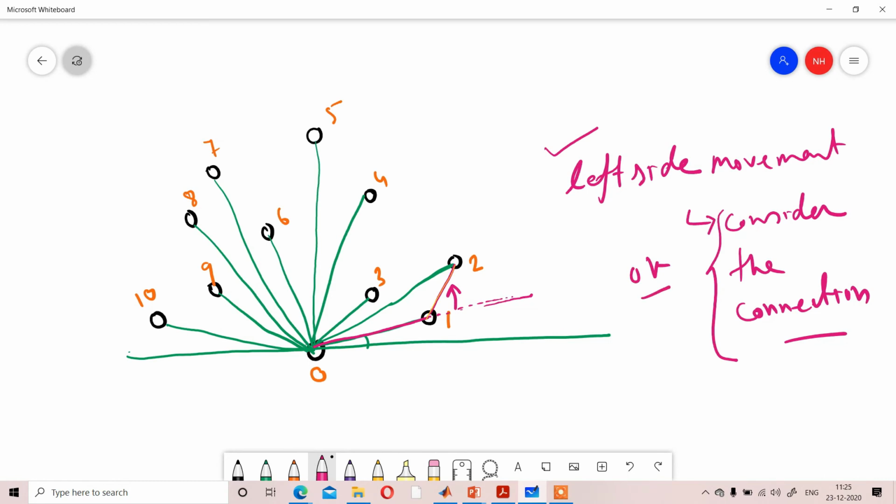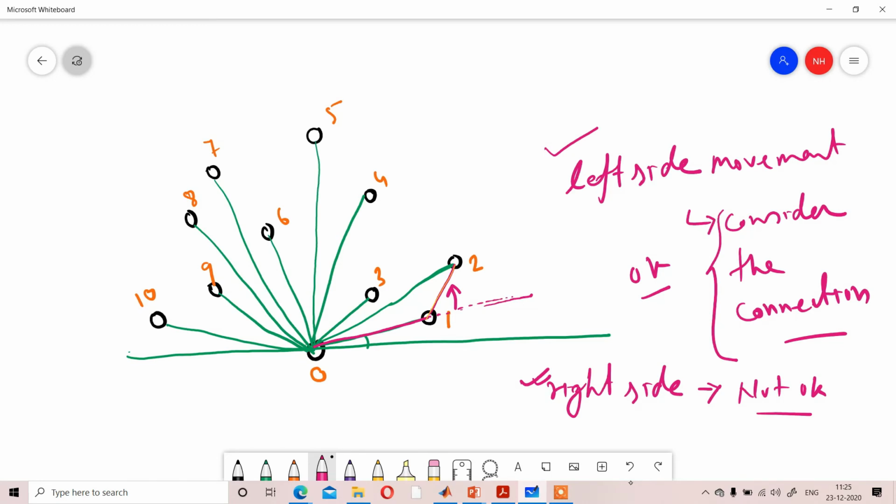Means we will consider that connection. If the movement is happening to the right side, the previous connection of that movement will not be okay. Means we will not consider that connection. Just these two conditions you have to keep in mind and you have to continue the process.